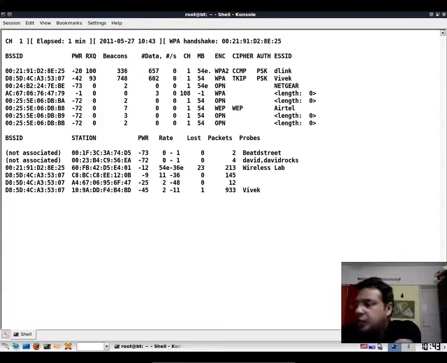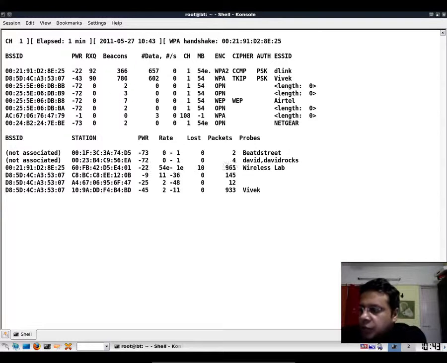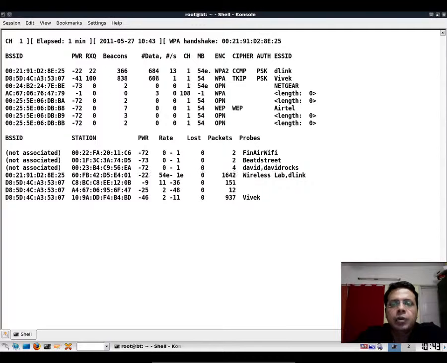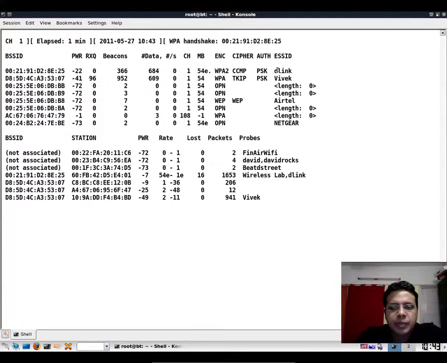So let's now disconnect the access point. D-Link was the access point which we were kind of using, which is the kind of honeypot access point which is there, right? So now if you notice, the client will be disconnected very soon and it is probing for D-Link once again. This was the access point we had used in the previous demo. If you notice, D-Link is practically down right now, though Airodump takes a little bit of time to actually show that,